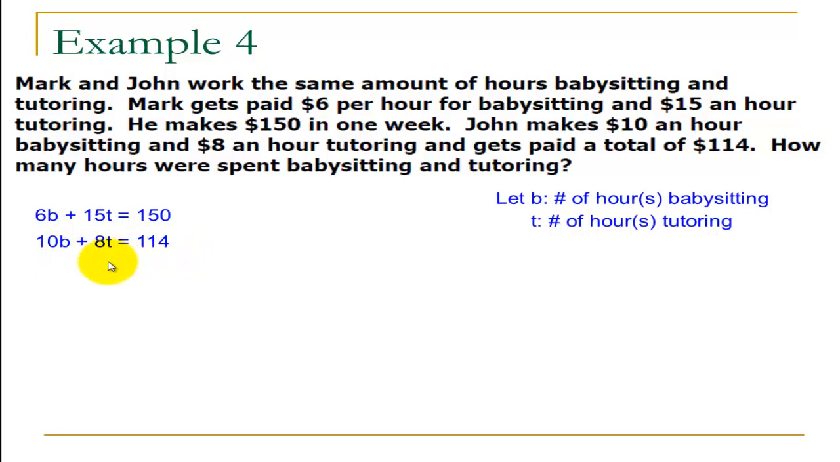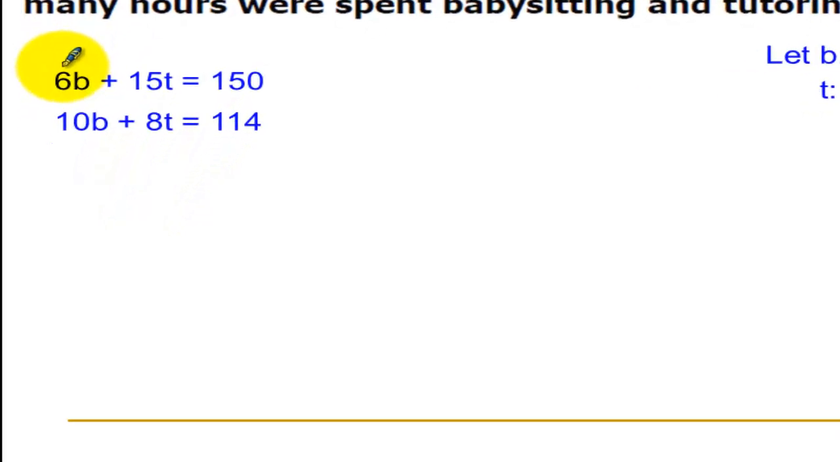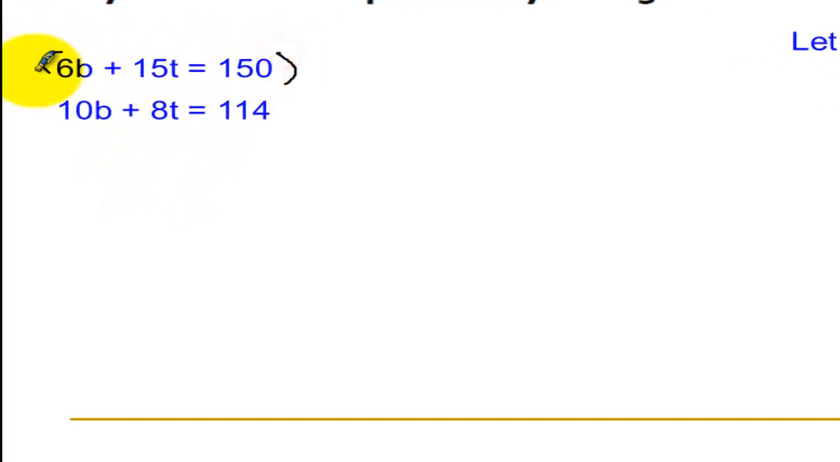Okay, so we can either eliminate b or the variable t. I think it's easier for us to eliminate the variable b. So let's get the LCM of 6 and 10. The LCM will be equal to 30. So it means that we would like this to be equal to 30 and this one to be equal to negative 30. To make this equal to 30, I am going to multiply the first equation by 5 and we are going to get